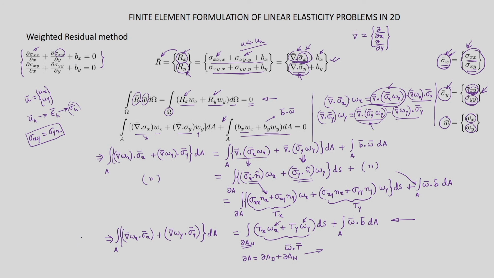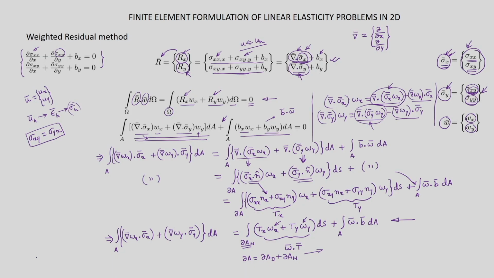So it means that this form from where we started, in order to have this integrand defined, we need the first derivative of u to be continuous. So we need the displacement to be C1 continuous, because its derivative has to be continuous, so that the second derivative becomes defined and the integration is possible. This form we call the strong form. We discussed this earlier as well.